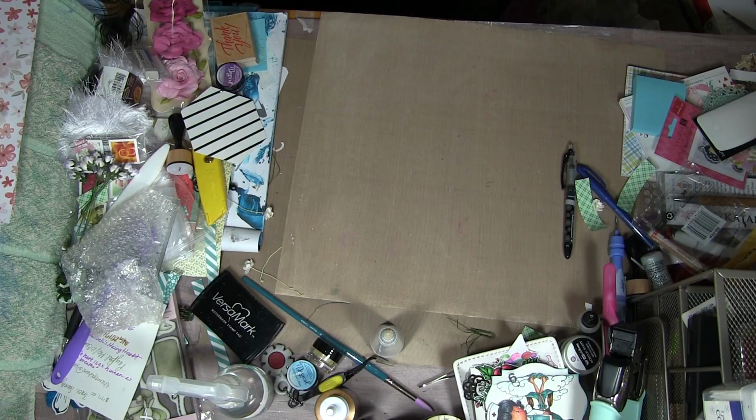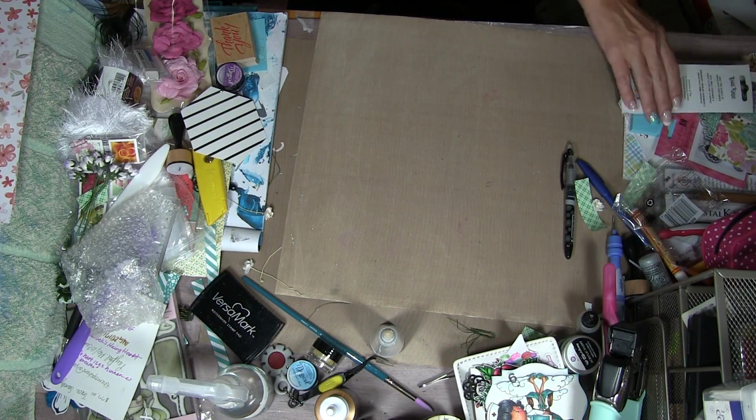Okay, let's move it on to the Hobby Lobby haul, which is quite extensive, so we need to try to get through this as fast as we can. So just give me a second. I'm going to start grabbing bags up here. So I bought